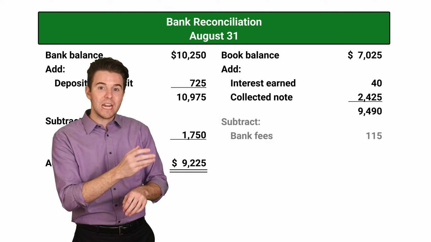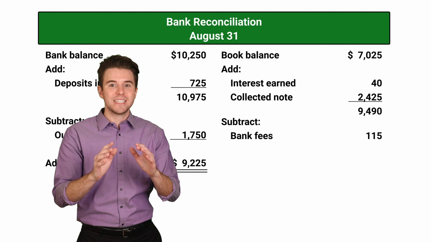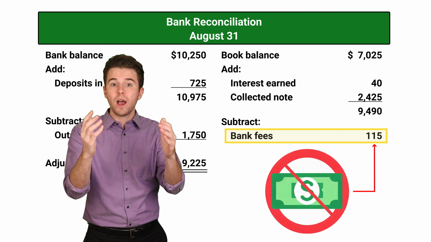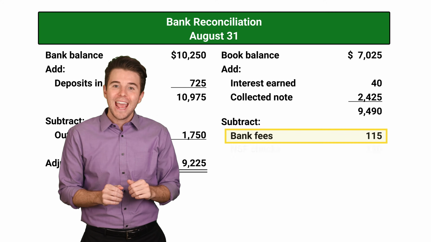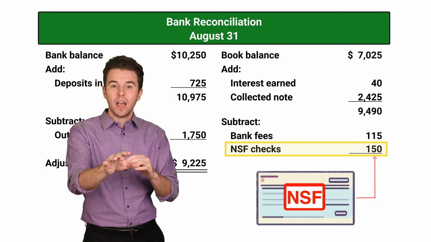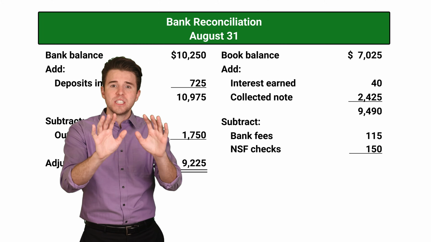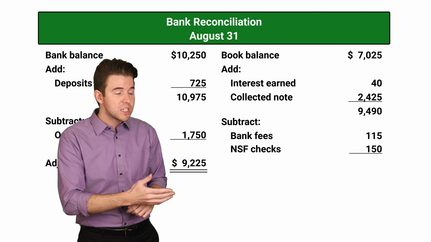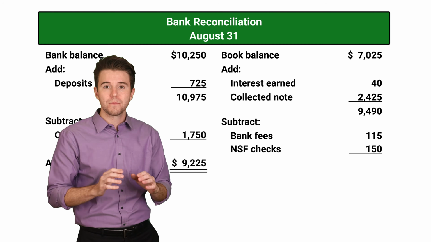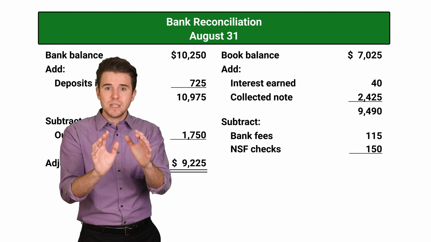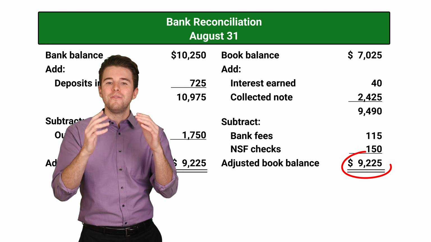Next, we subtract any bank fees and NSF checks. We had a bank service charge of $115 and an NSF check of $150. Neither of these subtractions have been recorded in our books, so we subtract them here. After doing these book balance adjustments, we compute an adjusted book balance of